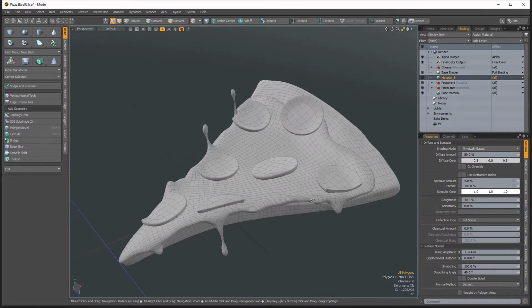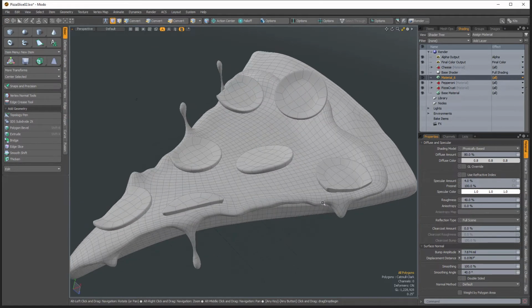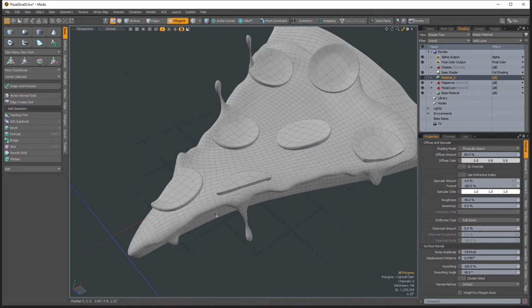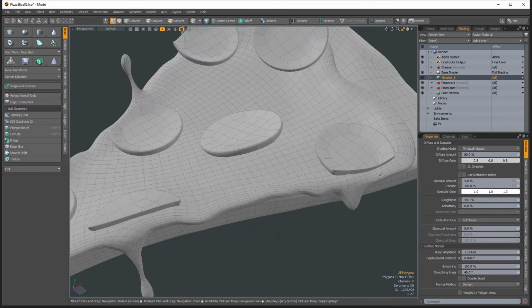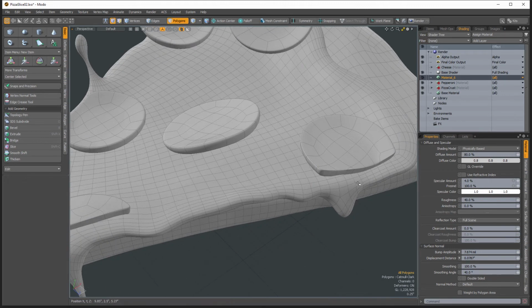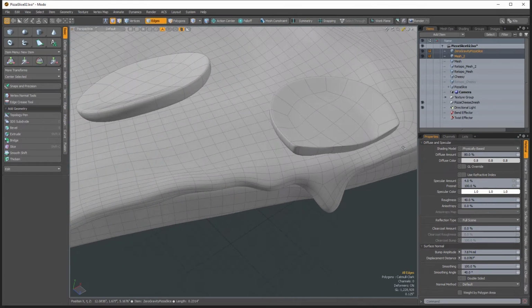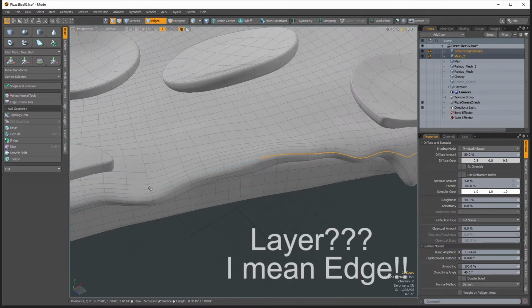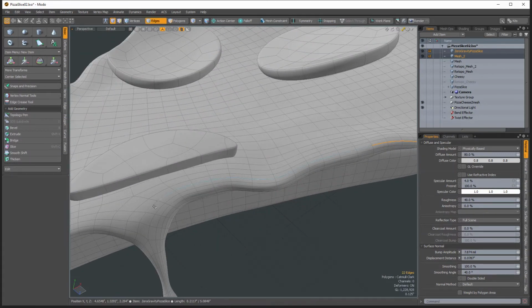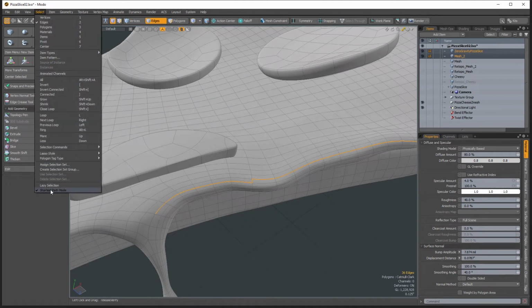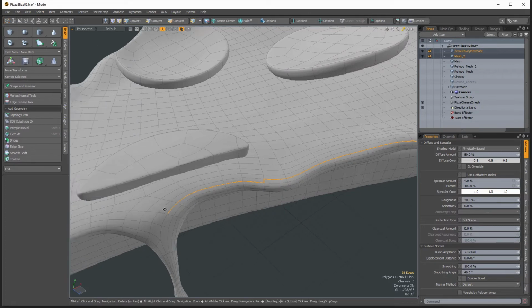So this is something I've been meaning to do for a while and I just haven't had time. This is a function that was actually added in Modo 13 and it's a feature that I really like. And when you're selecting an edge, say we're in edge selection mode here, press 2. So when you're selecting a layer, you can see you get this highlight. And this is enabled here by your shortest path mode. Now I can disable that